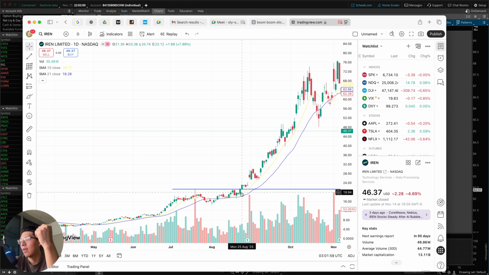So that's the thing. If you're breaking structure, that's even more credibility for you to go long. But even if you're not breaking structure, as long as you have all of the other three requirements, it's gonna be good for you to take a long. But look right here, after that, it just went up. And then I took another position here this day and then another one the following day.